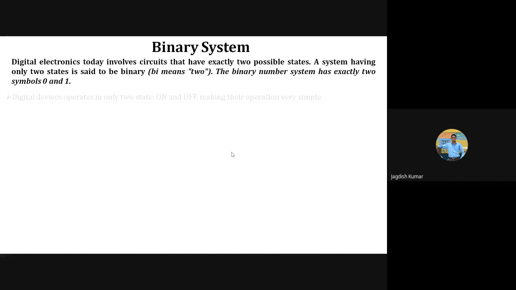I'll be showing that in the next slide, that even if the voltage is say 0.1 volt, what will you treat it as? That is in the next slide. Let me not get into that right now. But yes, what is the advantage of those binary systems is that